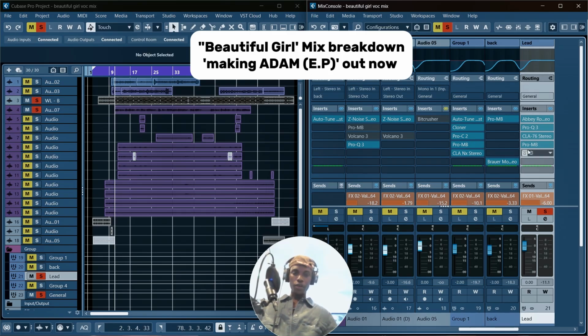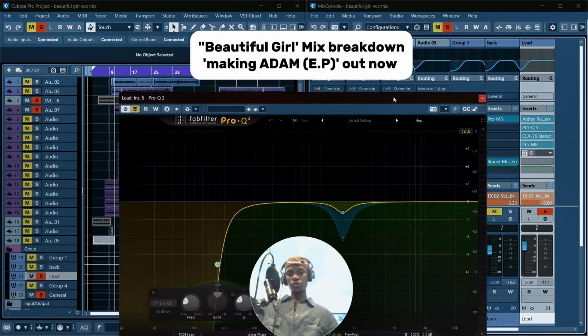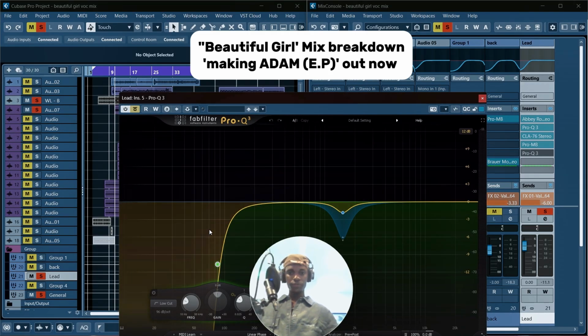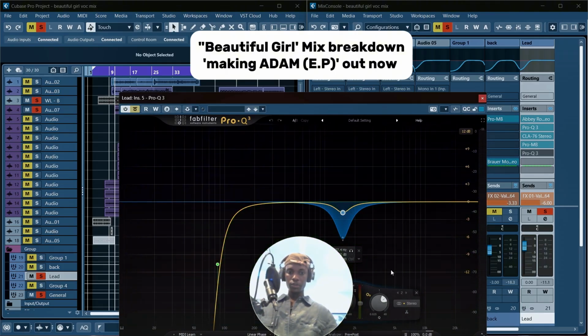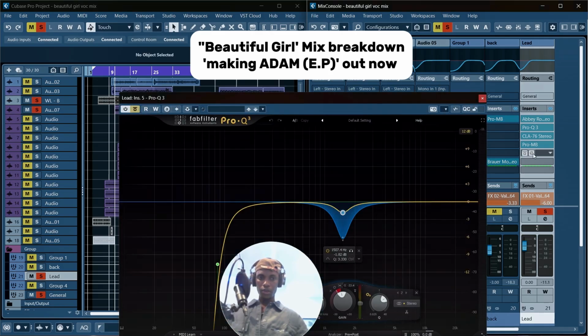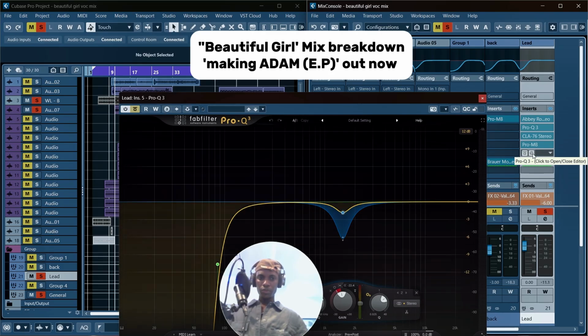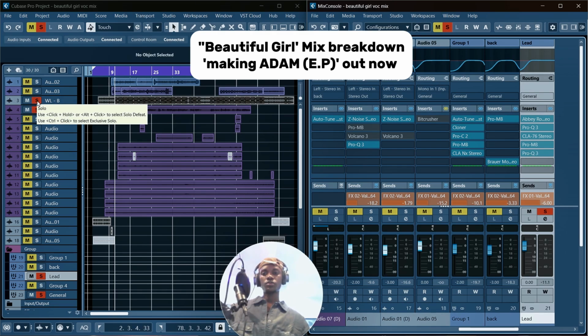Then after all, a final EQ to just balance the tones out. I cut more lows and dipped more highs. Then I dipped around 1.5 kilohertz. Fair enough. So with my crowd vocals,